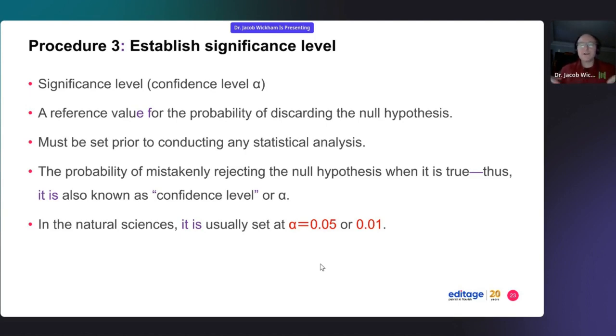You basically have a 1 in 20 chance that the differences that you're observing in your data collection, the differences between the two populations, are due to random chance alone. And this is generally accepted across biology. If you're an engineer, you'd probably be using much smaller alpha levels, because if you're building a bridge, you want to have much less potential for error, or having the differences due to random chance to actually be very small.